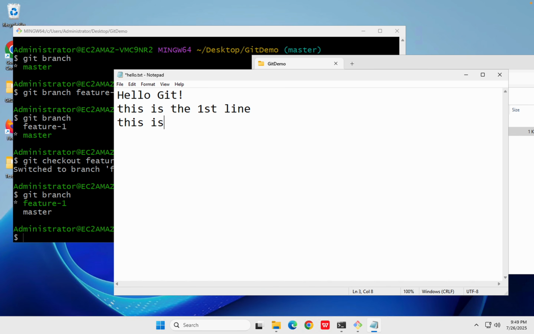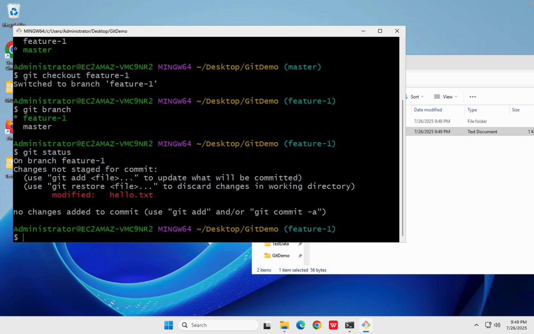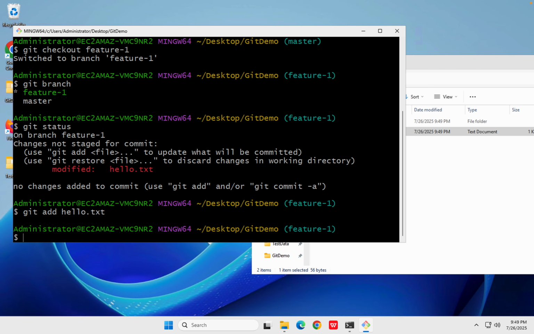I will say this is from feature1, and I'll just save and close. Okay, and if I say git status, you will see we have modified our file. So I will first say git add hello.txt, and then I will say